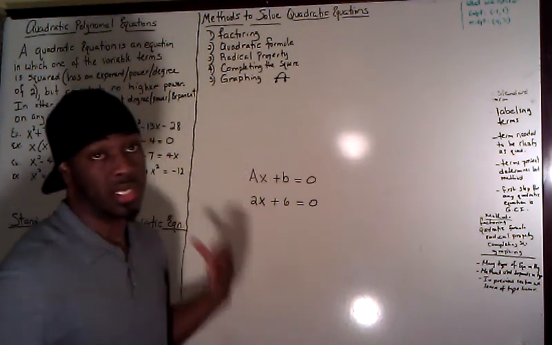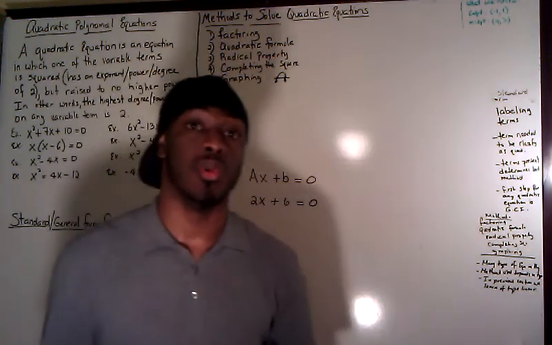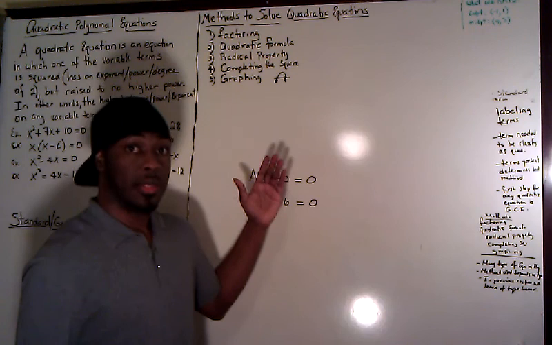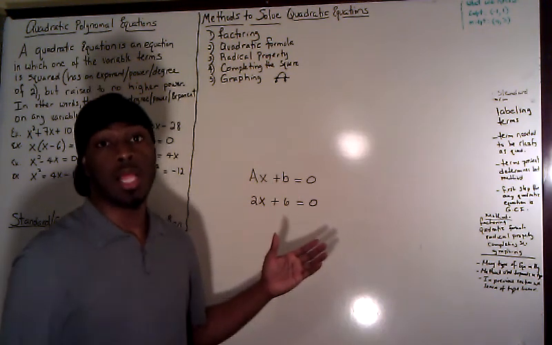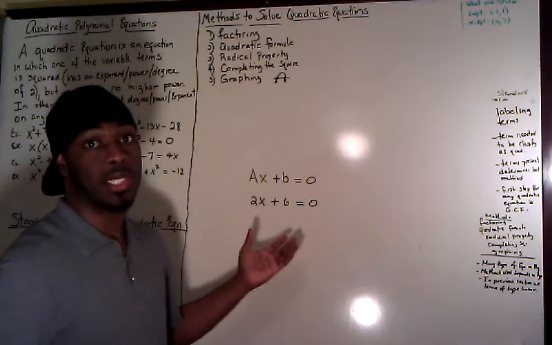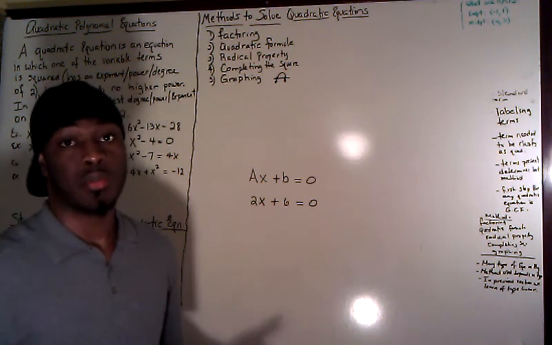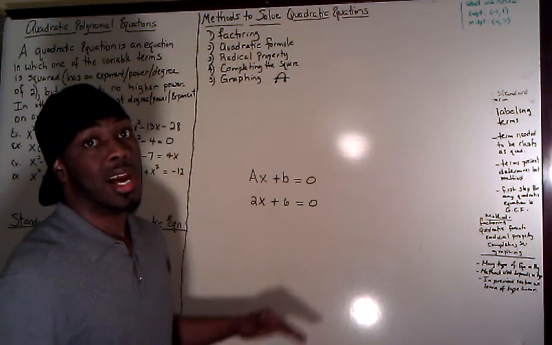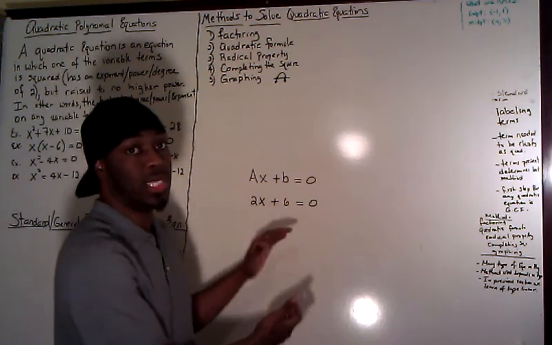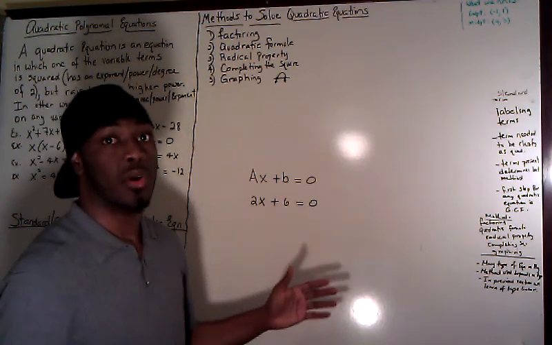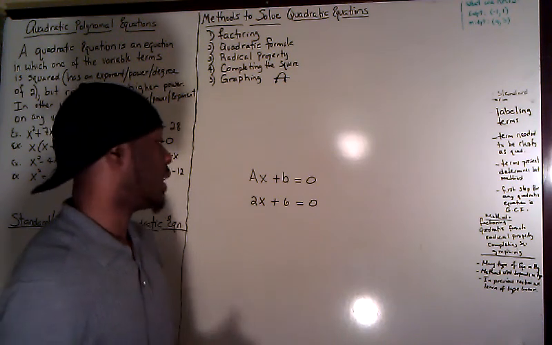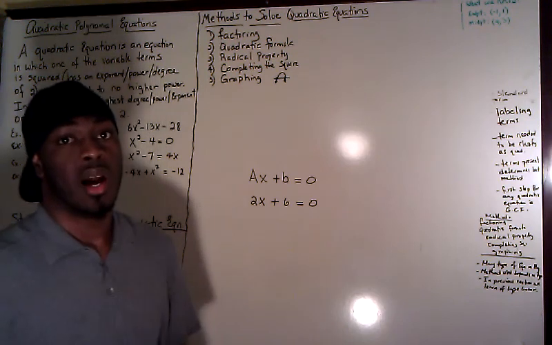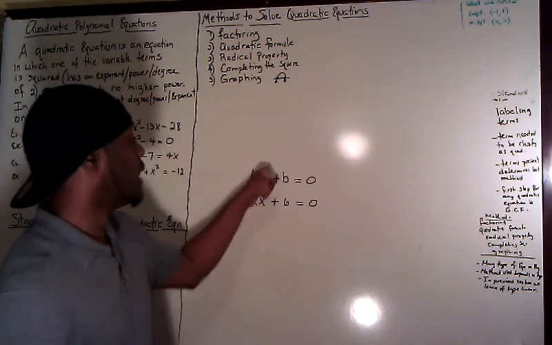And we said that we can use several properties of algebra, the properties of addition, the subtraction property of equality, multiplication and division property, as well as the distributive property, to take an equation and transform it from one form to the next until we get the equation to an equivalent form where the equation can be solved. In this particular section, we're going to learn about equations where the degree of the